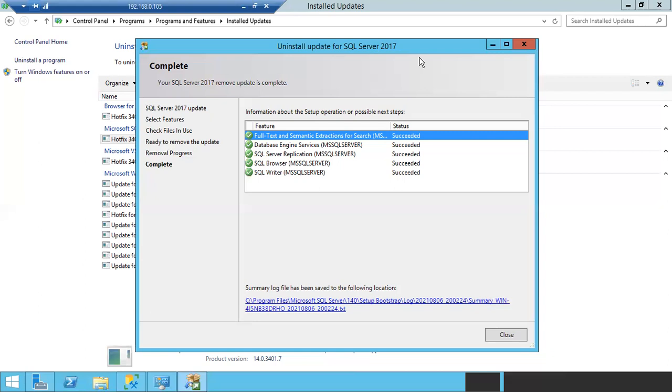In 2005, the old MSI and MSP files will be overwritten. Once the file is overwritten, you cannot find the old file, right? But from 2008 onwards, this behavior is changed. Once you start patching, the SQL Server will take the backup of all MSI and MSP files into some other location. It will keep the old files in some other location, and it will replace the old MSI and MSP files with the new MSI and MSP files.